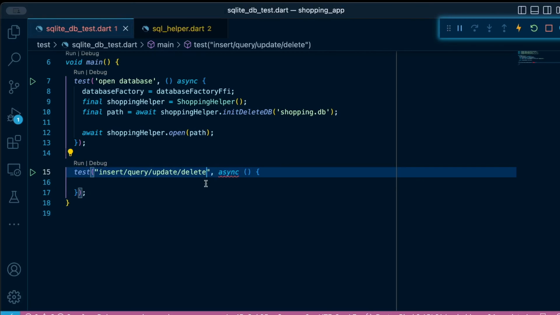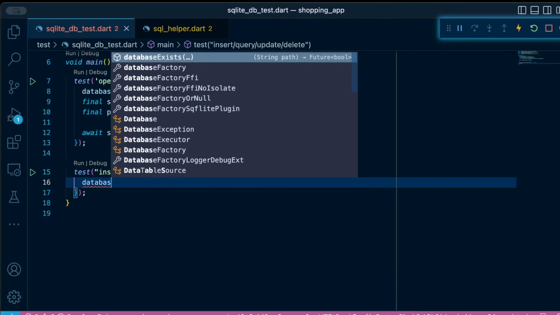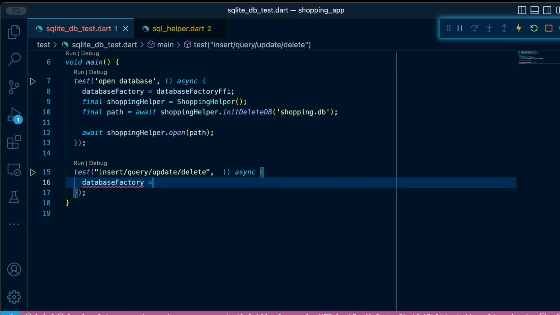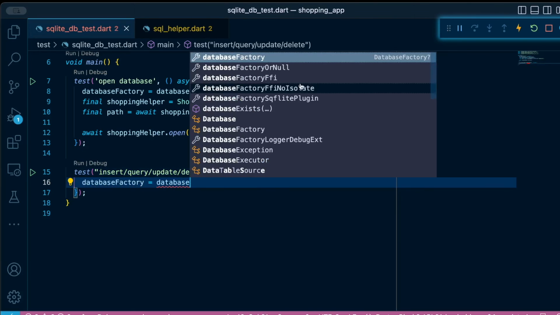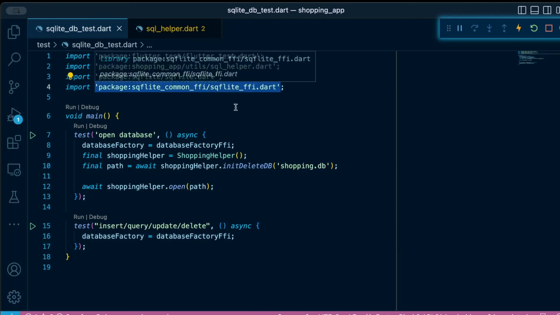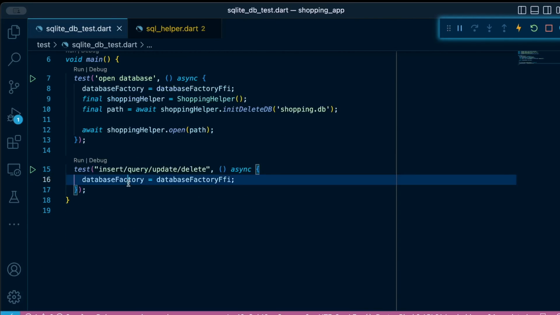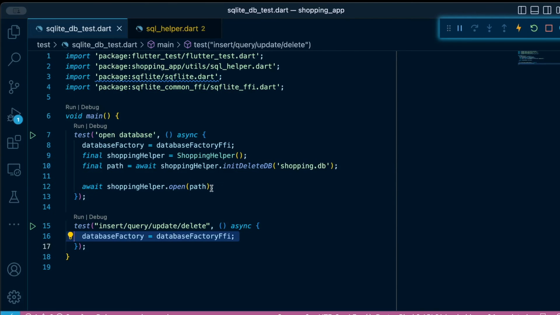Then let's add our logic. So inside there, we'll define the database factory equals to the database factory FFI. This one refers to the one that comes with the SQLite FFI. This is because in the test case, we are not able to interact with SQLite itself. This database factory FFI allows us to mock the SQLite itself,